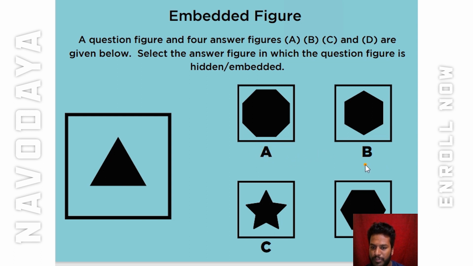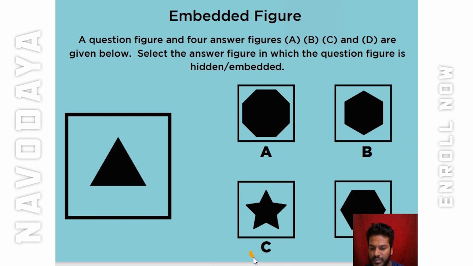And see about B. In B, do you find a shape like this? Yes, you can cut it like this here, but see the shape. See how exactly the triangle looks in the question figure. Do you find the matching one over here? No, right? In B also we don't find it. And we'll see about D. In D, you can cut the triangle like this, but the exact question figure is not matching. It's completely different.